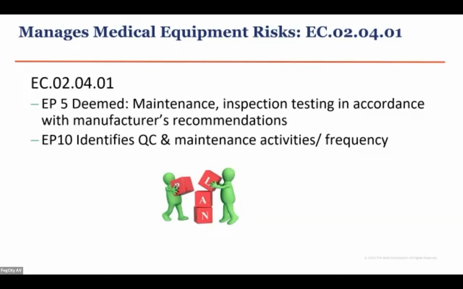And it says that in EP 5, if you're what we consider an organization having a deemed survey, if you're a deemed organization, it means you have applied to the Joint Commission to have a survey done if you receive Medicare, Medicaid funds, and you're going to have Joint Commission do it in place of CMS. Now, that doesn't mean CMS won't come in. They pick a certain random sample of surveys that the Joint Commission does and do a second survey, and then we get a discrepancy report.